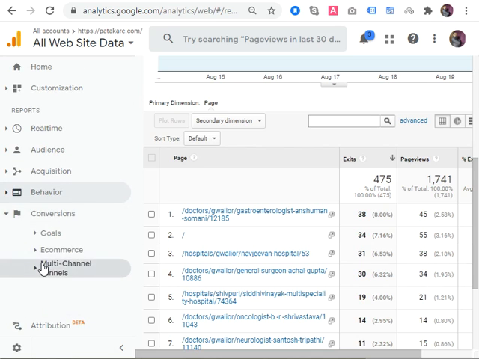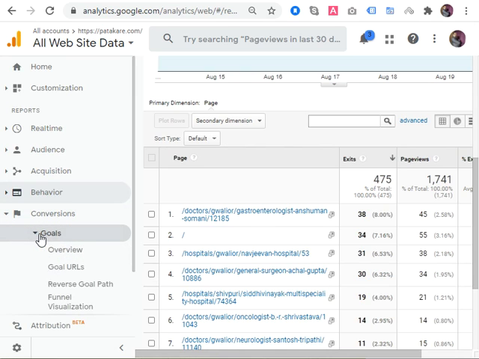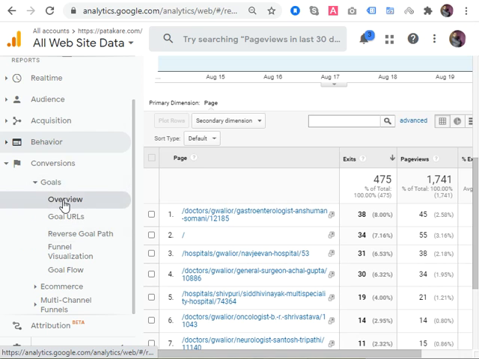This part, conversion, is actually very important. Primarily, you can see that goal is the most important part. Here you can see the overview, goal URL, and reverse funnel goal. This is showing that if someone lands on your home page,